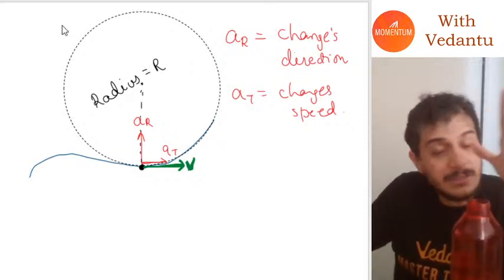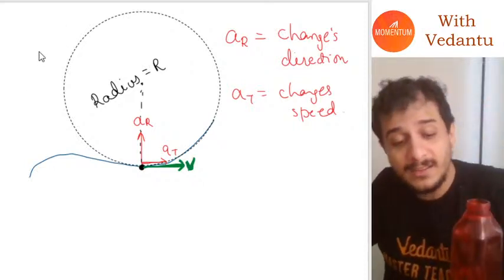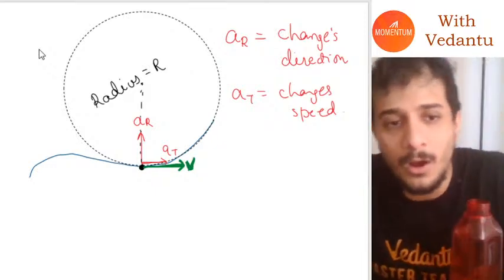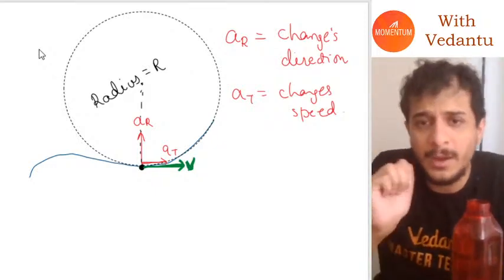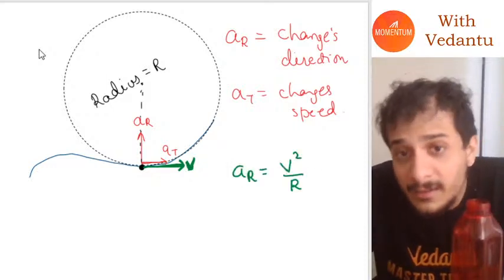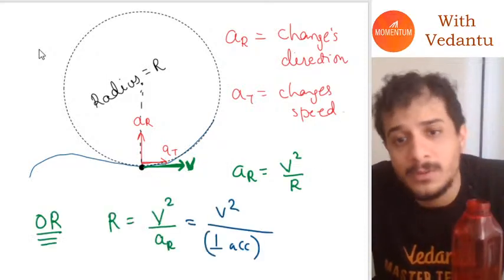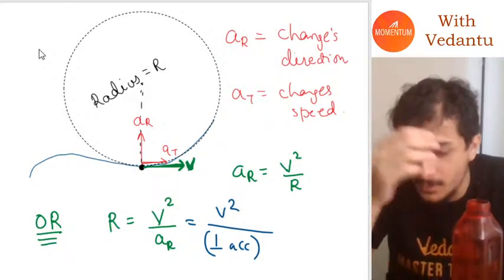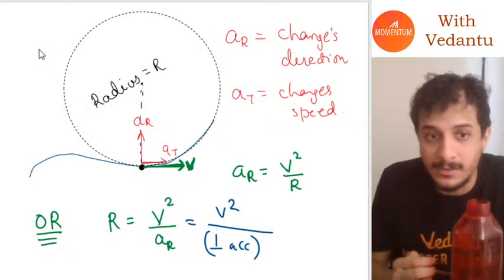Okay, this radius of curvature basically tells us how steep the turn is, how steep the turns are on this path. Anyways, how do we calculate this radius of curvature? We can write the radial acceleration as v square by r, which gives you the radius of curvature as v square by perpendicular acceleration. Now